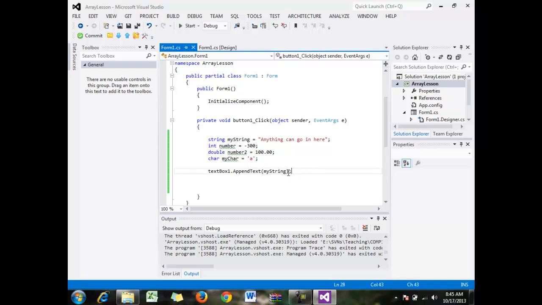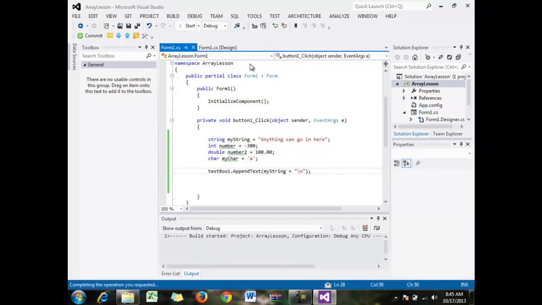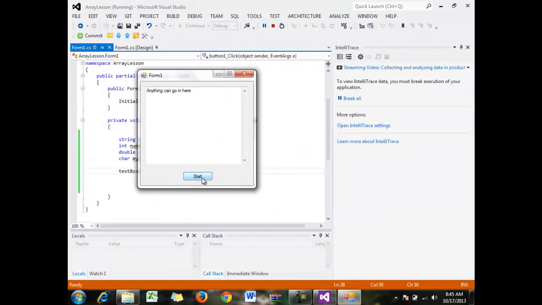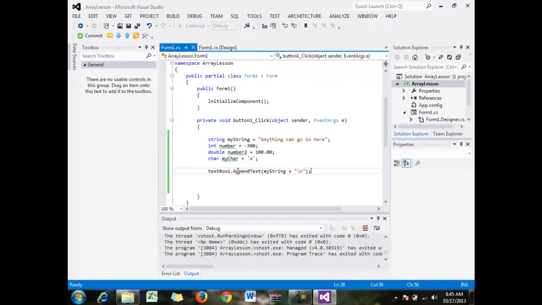Now, what if we want a new line after that? What do we have to do? Yeah, we have to put in a new line character. Okay. So we won't see it now because there isn't a new line. But let's go to the next line now. So let's put in the